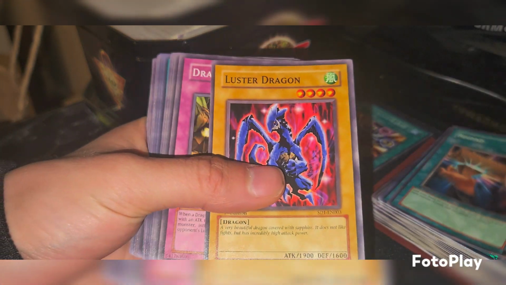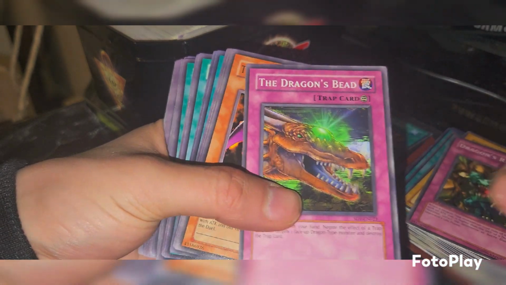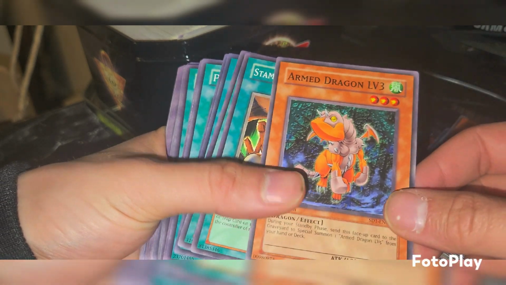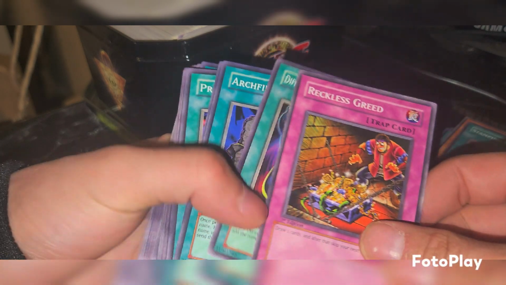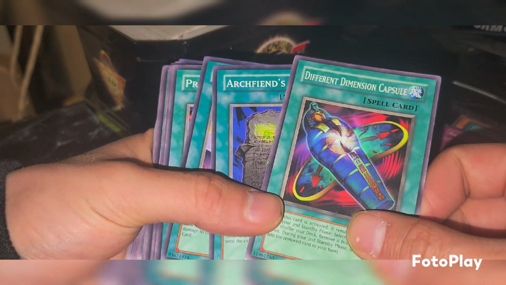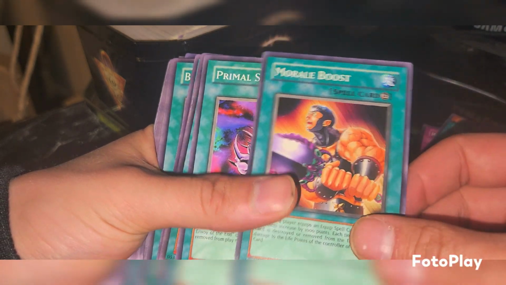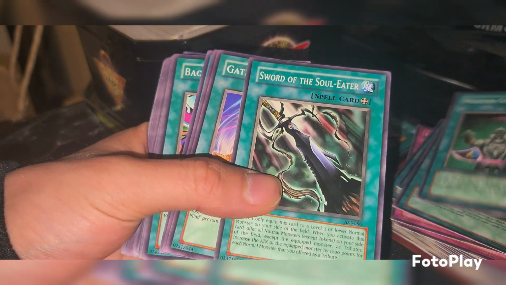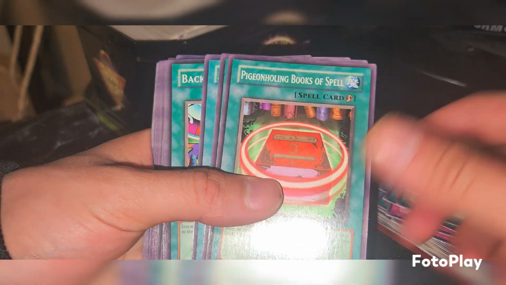Alright. Gotta reload. Luster Dragon, Dragon's Rage, Dragon's Bead, Two-Headed Behemoth, Armor Dragon Level 3, sick. Stamping Destruction, Reckless Greed, Different Dimension Capsule, Archfiend's Oath, Morale Boost, Primal Seed, Weapon Change, Sword of the Soul Eater, Gather Your Mind,